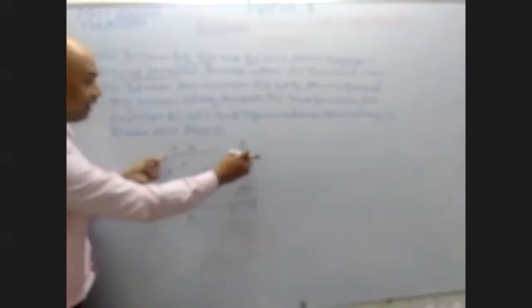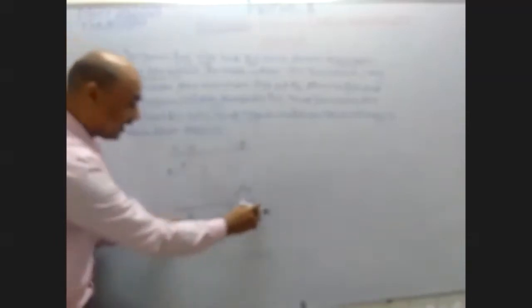Okay, understand? I am going to discuss mirror PQ. For mirror PQ, this ray is the incident ray. Since this is the incident ray, this ray BC is the reflected ray for mirror PQ. And for mirror RS, this is the incident ray and this is the reflected ray. Okay. Now, what is the question?